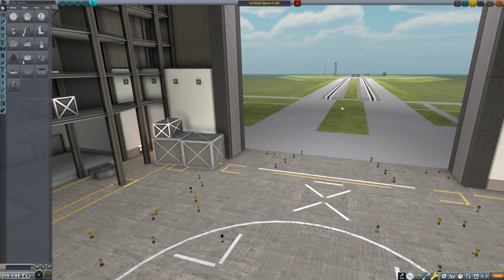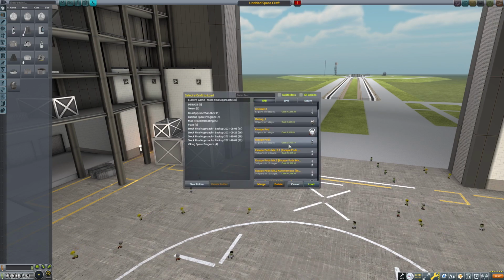Yeah, and I keep threatening to do something with airplanes too. I'm terrible with planes in this game, much better with rockets, for what that's worth. But I really should do something with the airplanes. Alright, who... Oh, I need to load a ship before it'll let me see the crew roster. Let's go...